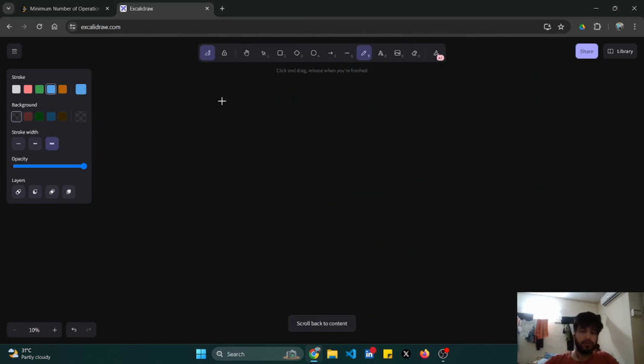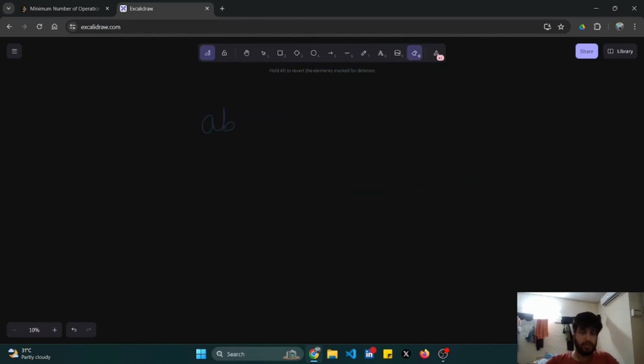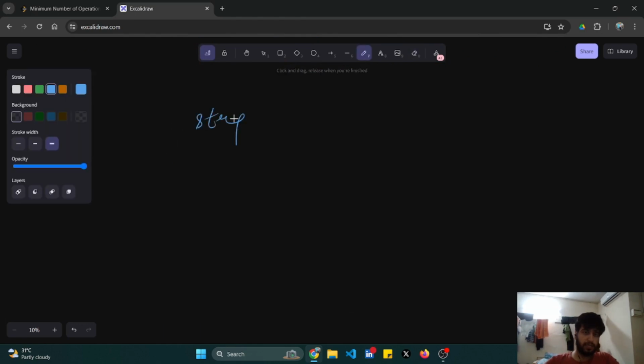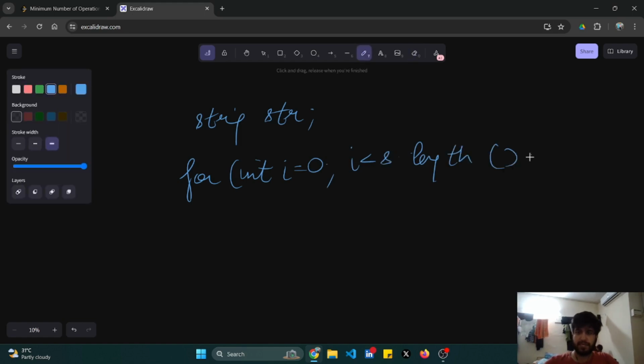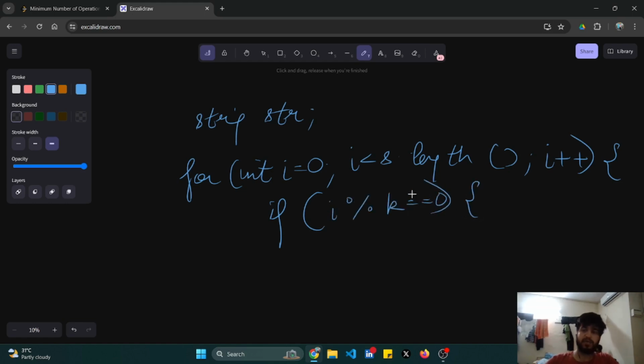Okay, I'll just try to show you A, B, like C. What I'll do is, I'll simply declare my string in the start. Then I will move from my 0th index to the string's last, s.length, the string that is given basically, and I++. What I'll do is, if my I is perfectly divisible by k, if my I is a multiple of k,